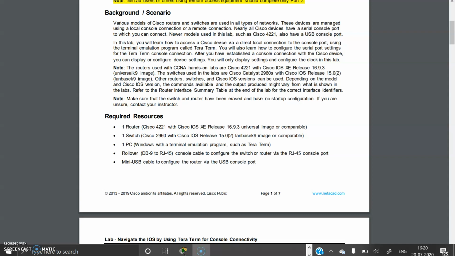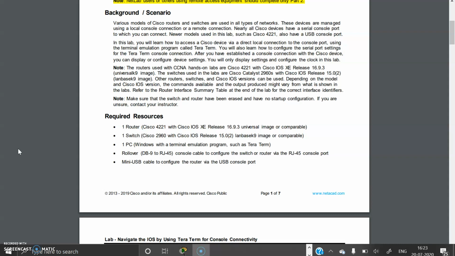Depending on the model and Cisco IOS version, the commands available and the output produced might vary from what is shown in the labs. Refer to the router interface summary table at the end of the lab for the correct interface identifiers. And make sure that the switch and the router have been erased and have no startup configuration. If you are unsure, contact your instructor.